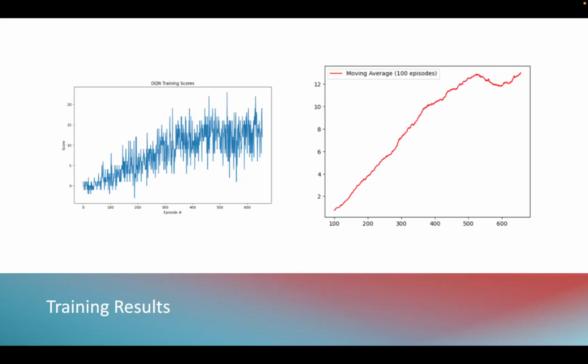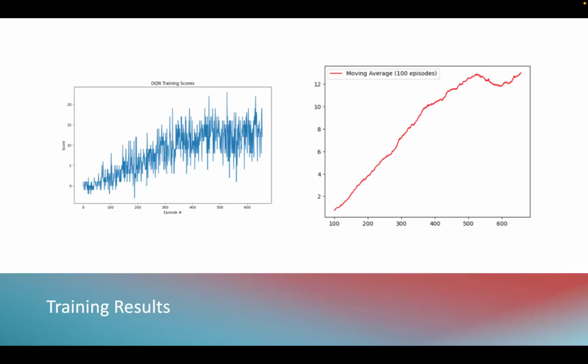Comparing both graphs highlights the importance of using a moving average to assess agent performance. While individual episode scores can fluctuate dramatically, the moving average provides a clearer picture of the overall learning trends. The smooth curve of the moving average confirms that our agent is consistently improving over time rather than just having